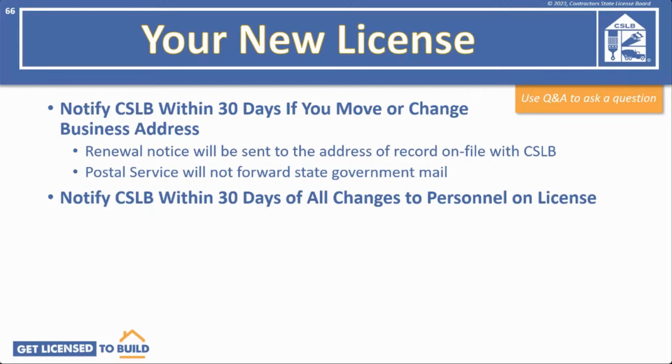If you are not at that address anymore, you are probably not going to get it. Plus, the Postal Service will not forward the state government mail. Finally, notify CSLB within 30 days of all changes to personnel on your license, especially when it involves the qualifier